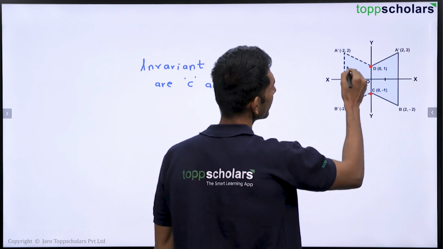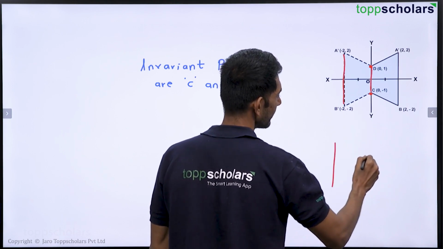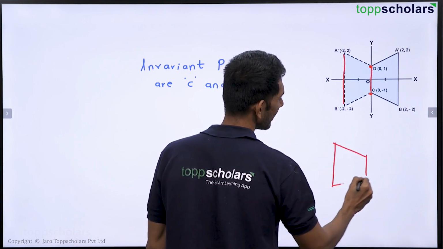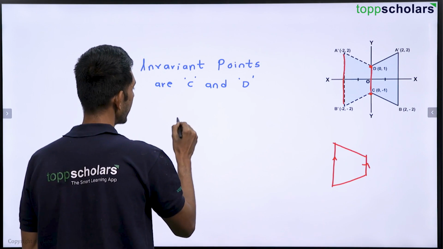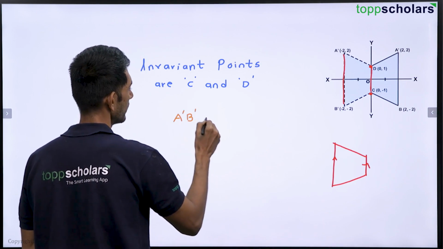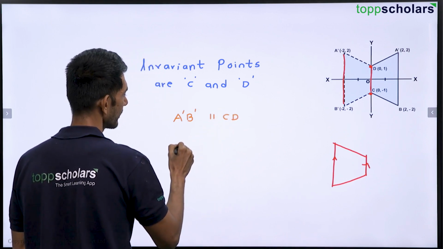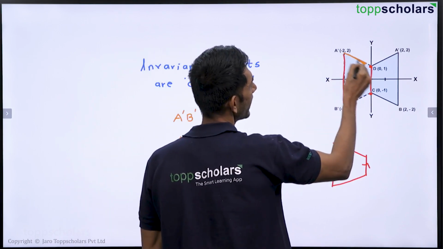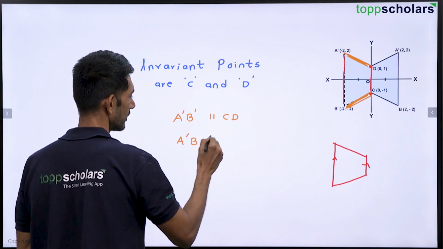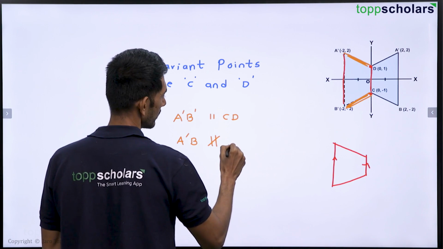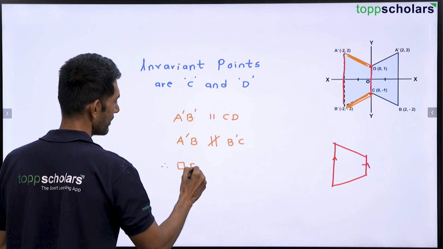So if you see this polygon very carefully, this line and this line will be parallel. This line and this line is parallel. And these are two non-parallel lines. So here can I say A'B' is parallel to CD, whereas A'D is not parallel to B'C. Therefore, quadrilateral ABCD